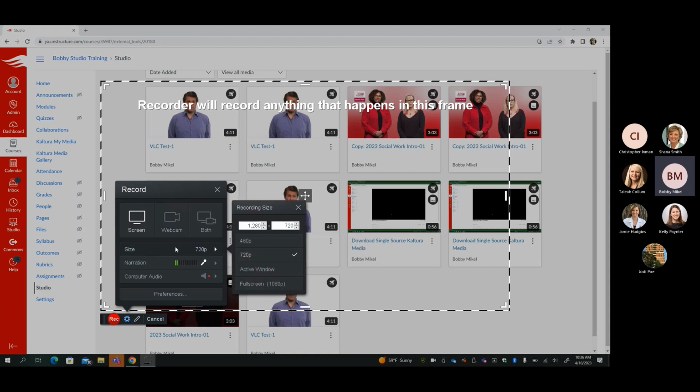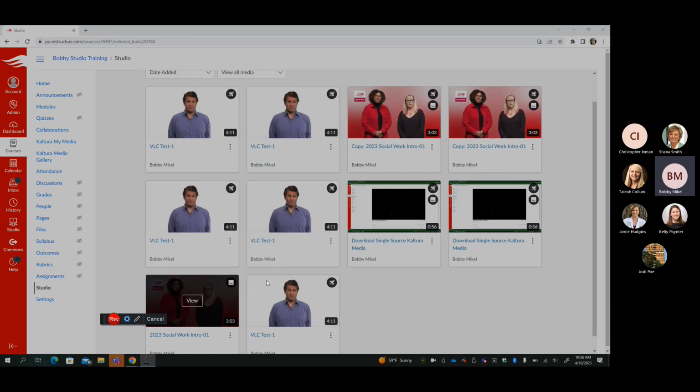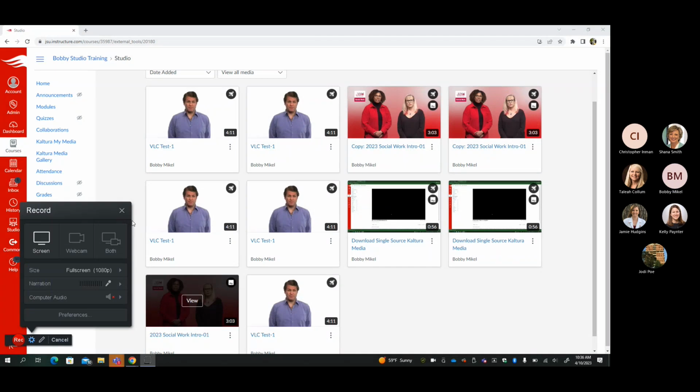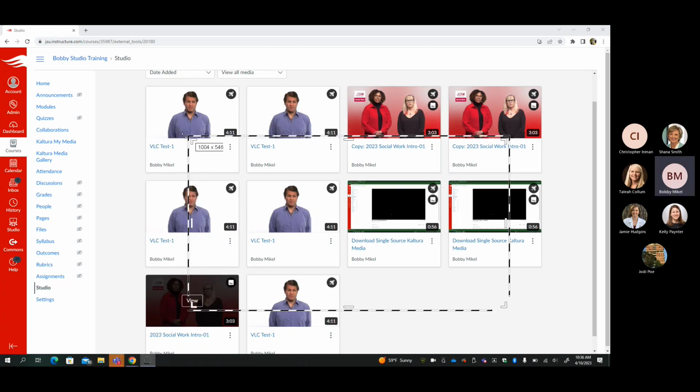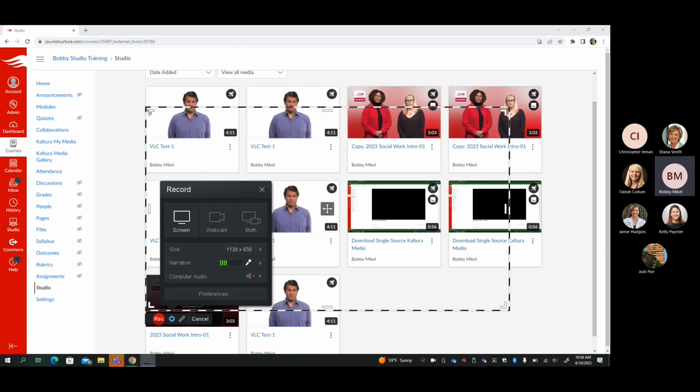We can change our size. We can scale it down. We can make it our active window. We can make it full screen. If we decide we don't want that, then we could go back to this. You can also click and drag, and you can make it a custom size if you would like to do